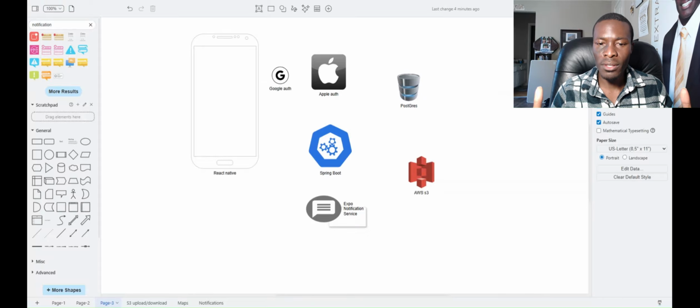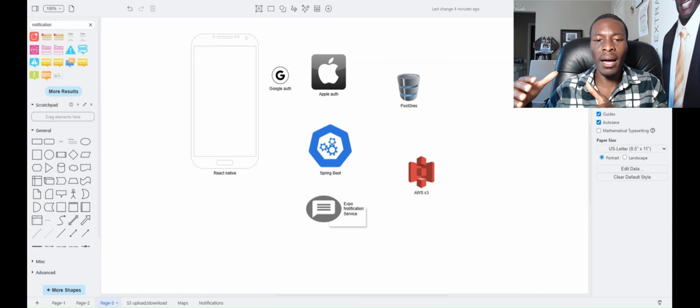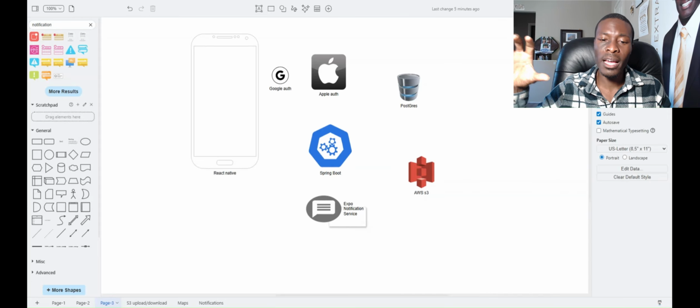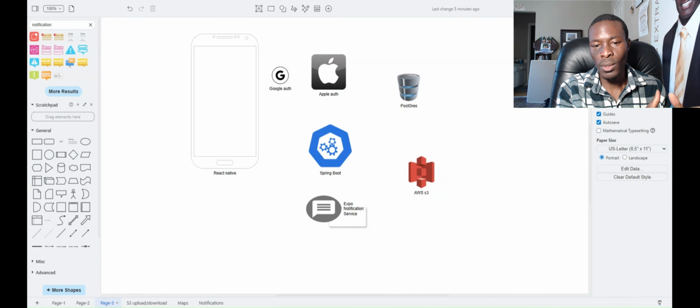Another thing that we have is notifications. Because we're in React Native, we're also using Expo. Expo provides a notification service, so depending upon the event that we're processing in our backend, we call and send a notification. We call the Expo notifications service to send notifications to our